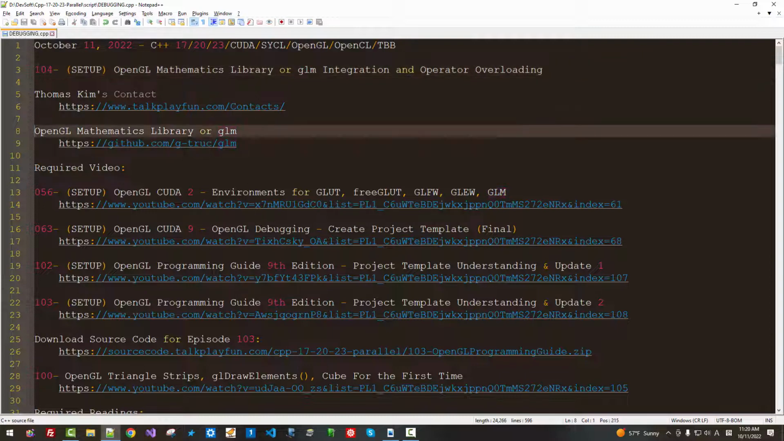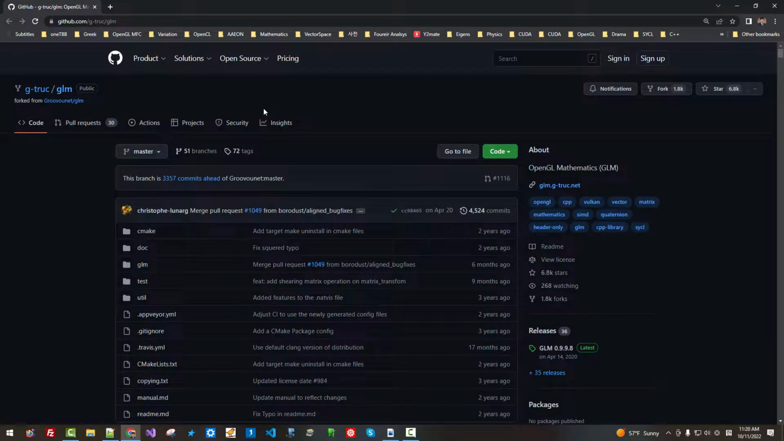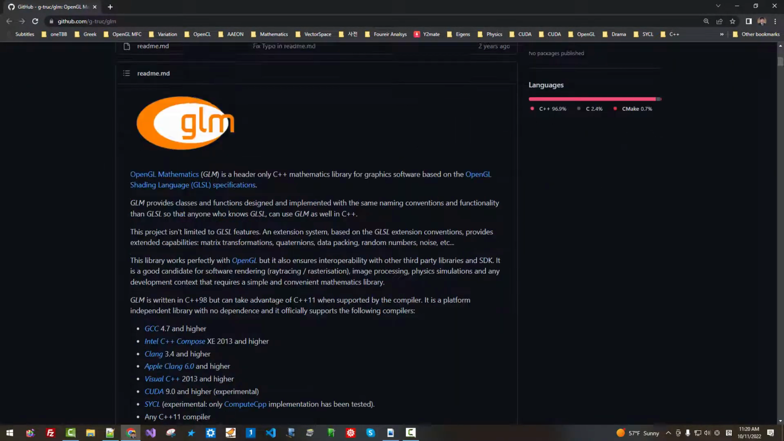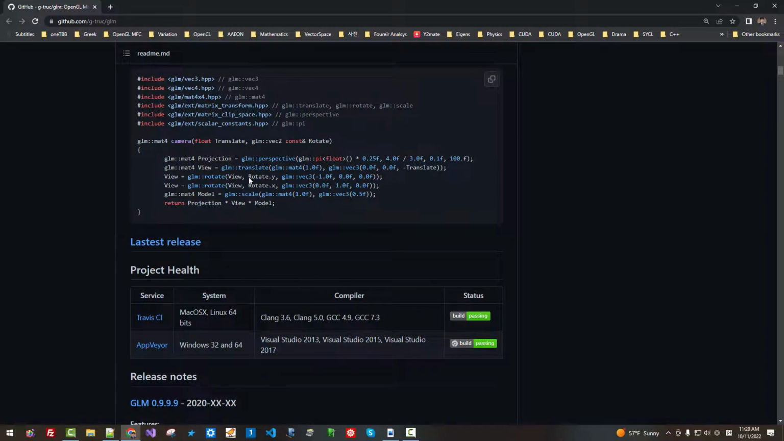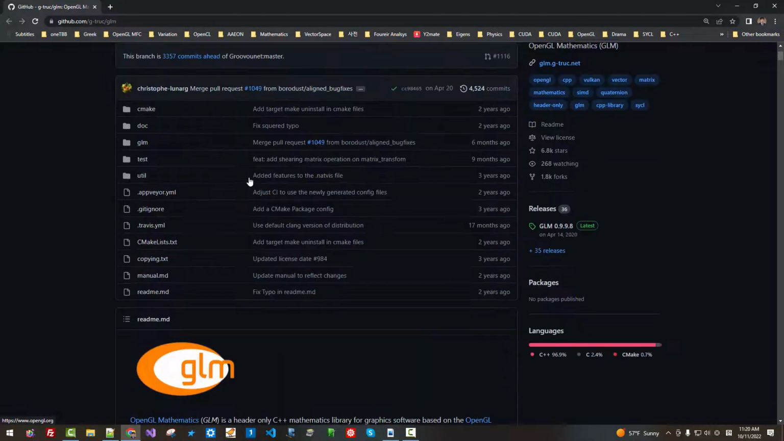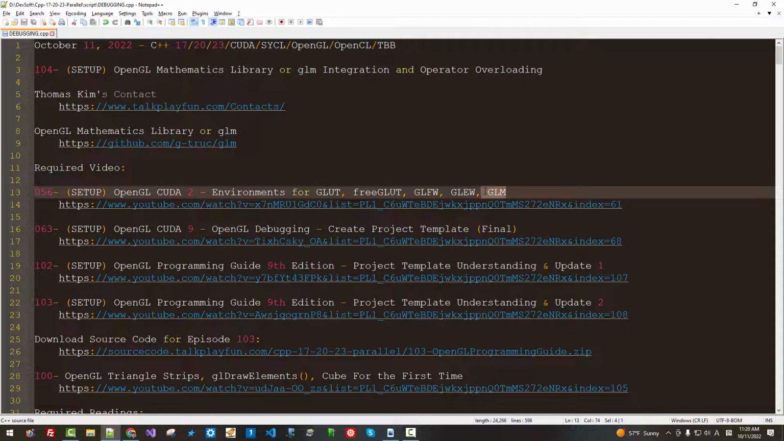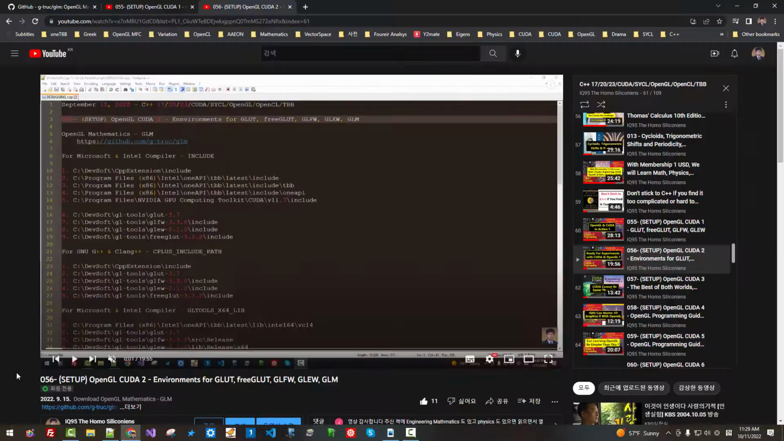For more information about the OpenGL Math Library, or GLM, please double-click this link. On GitHub, you can find documentation for the GLM library. We installed the OpenGL Math Library in episode 56. If you haven't watched episode 56, "Set up OpenGL CUDA 2 environments for GLUT, freeGLUT, GLFW, GLEW, GLM",